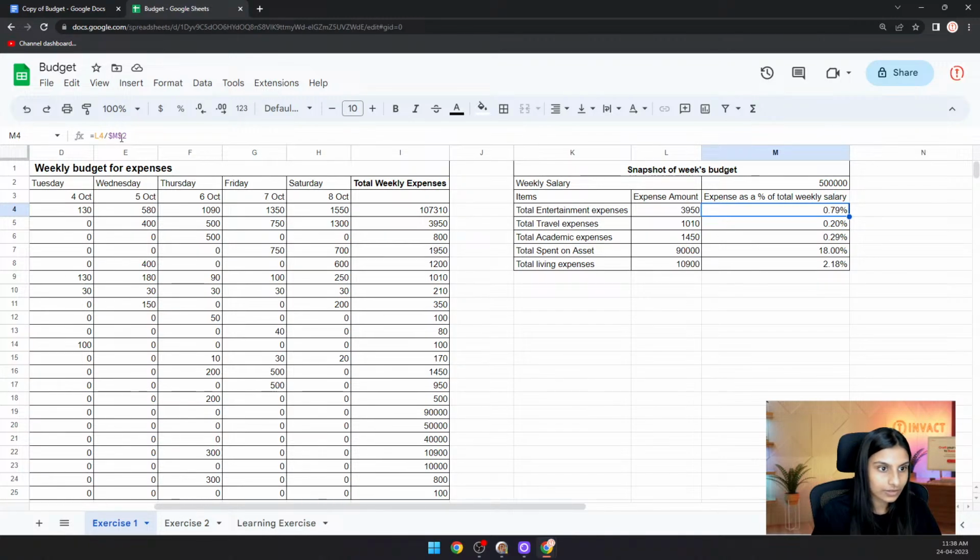So here, even if you don't put the dollar in front of the M, we can still drag the formula and that will be the correct answer. Okay, it will be the same. So if you want the column to remain the same and you're dragging the formula across columns,